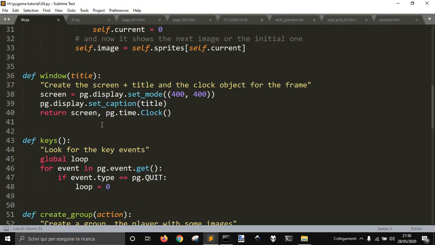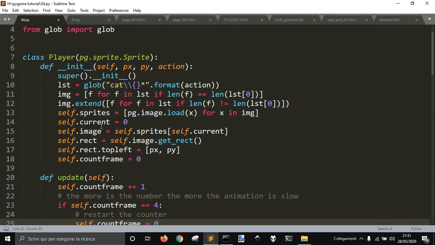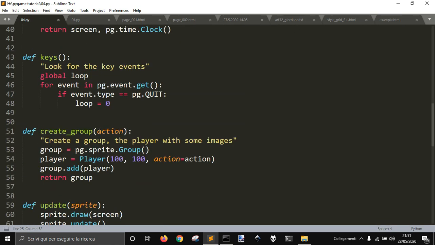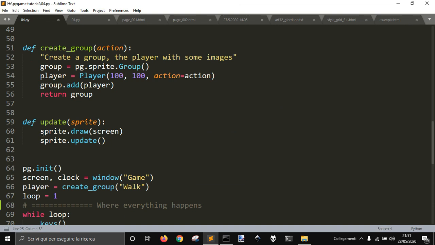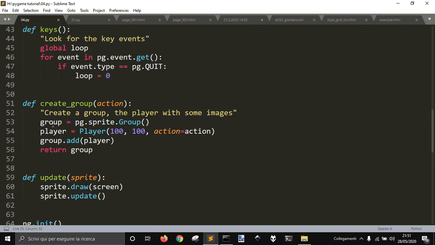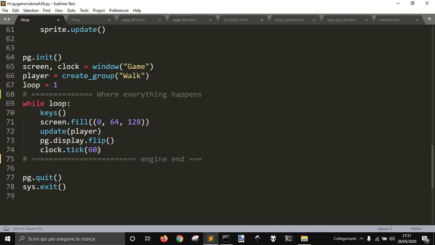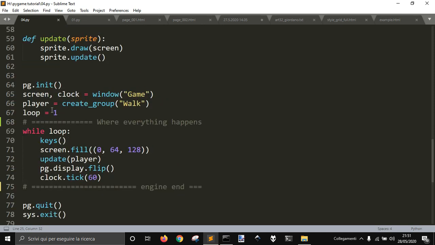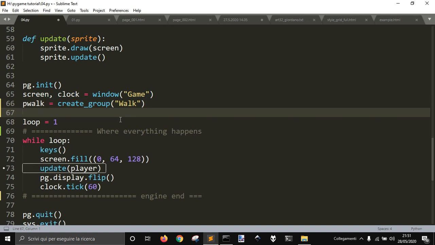We can make different groups of images, right? And we can make the group, here it is. I created this create group action so that it's easier to create different versions. For example, I can do pwalk for the player that walks, and then I want to make prun equal create group